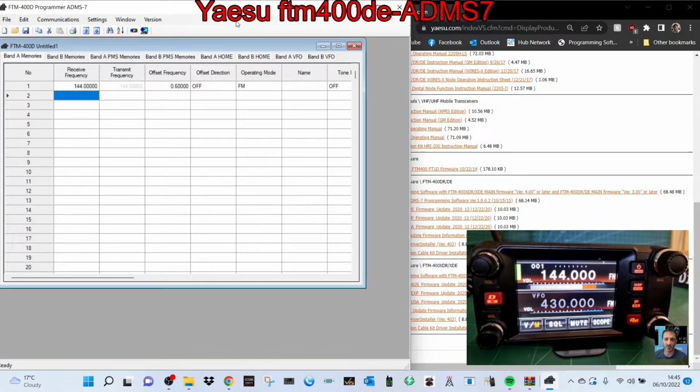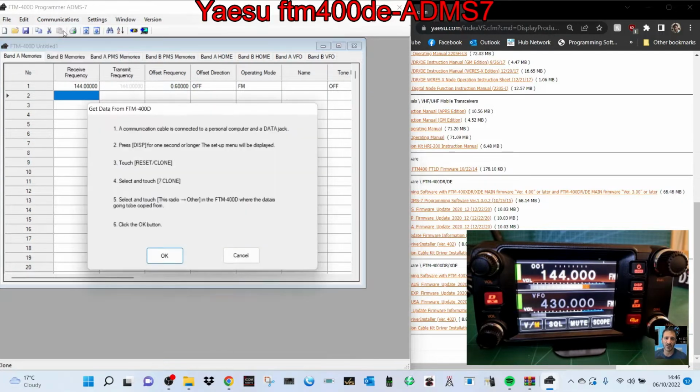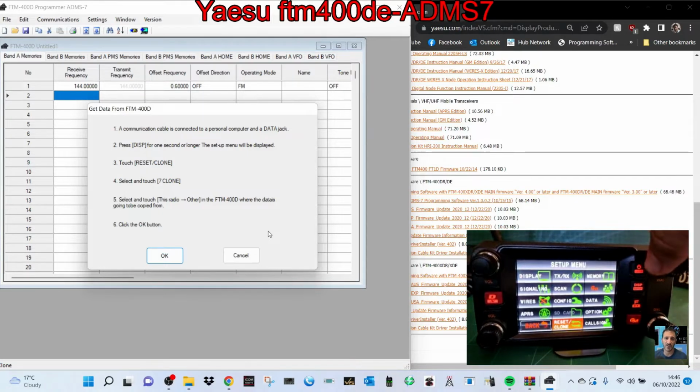You need to have an SCU20 cable, which is connected now to the radio. It's a 10-pin connector on the back of the radio, and then USB into my PC. Then you need to, once you're up and running, click communications, get data from radio, and follow these instructions. So what it says is hold down the DISP, then select reset clone. You can touch the screen or push the button,